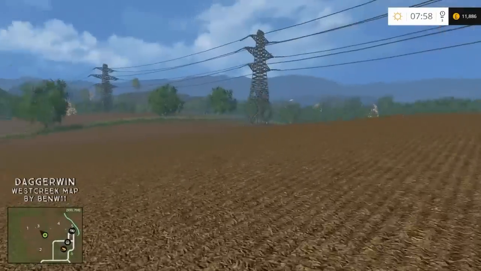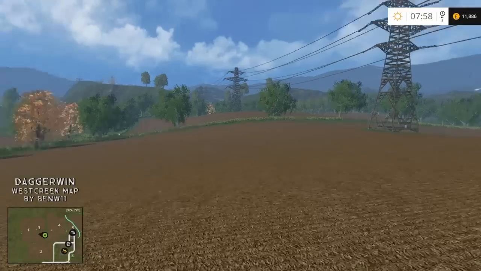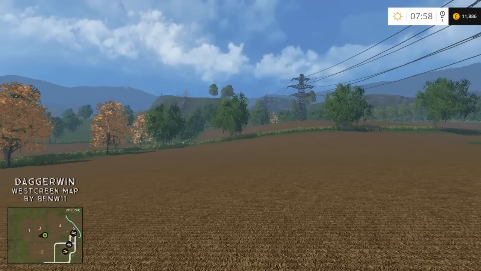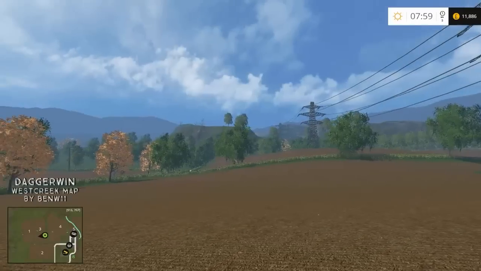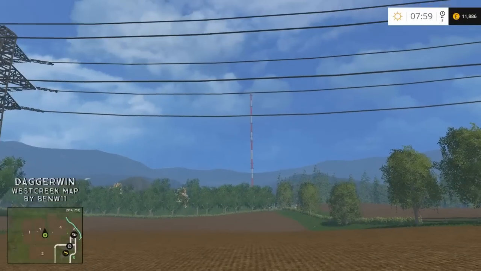Yeah, we've got more fields over here, many big fields. These are probably the biggest fields on the map. Yes, they are. With a good view distance too. Despite us not being able to go actually that far, we can still see the mountains in the distance, so that has been very well done. And also some trees on top of the hill, pylons across the fields. And